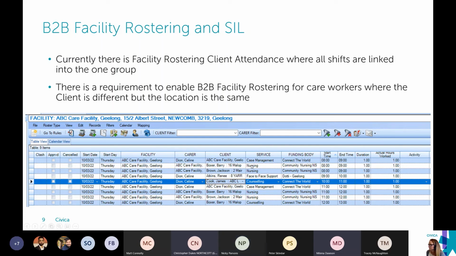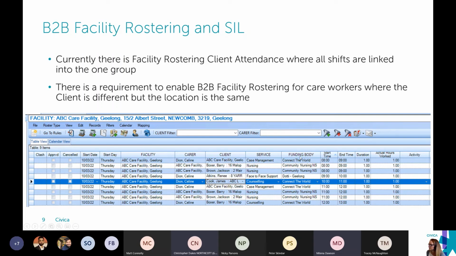So at that point, because there's not a direct roster to a client, what I'm envisaging is having, when they go into their shift, the link to clients, which would then show Barry Boxer and Jackson Brown and all the other clients that are rostered to that facility